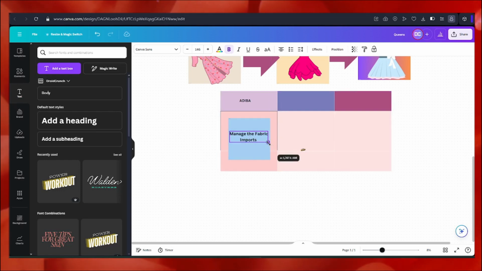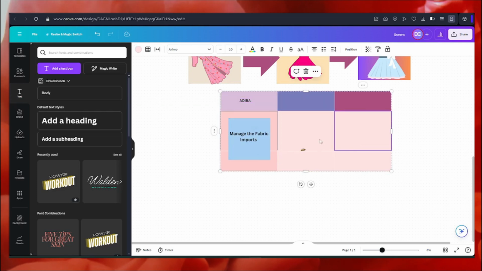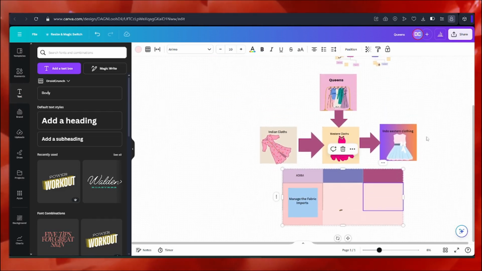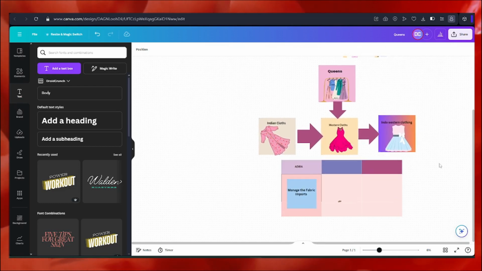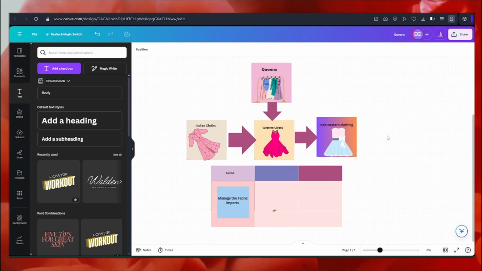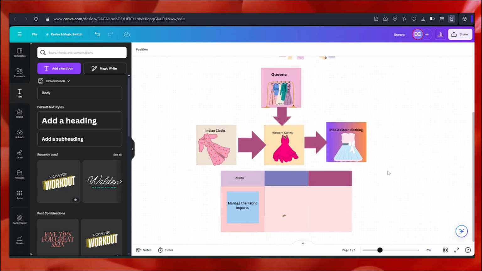I can write the name of the employee here also, and I can place a sticky note here, and that way the flow chart of my brand will help my employees to understand the company and what they are entitled to do. I have made this flowchart for your understanding of how you can use sticky notes in a creative way to create your own flowchart, your own whiteboard canvas.